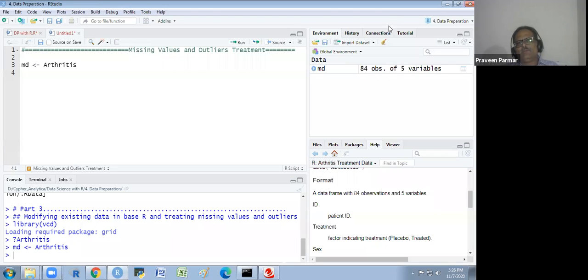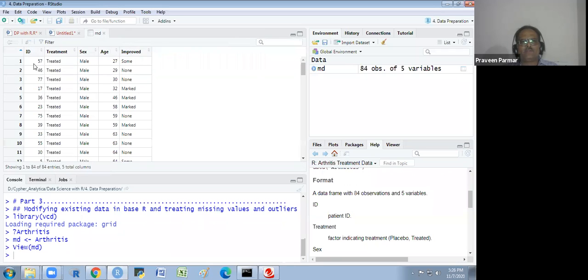So you see now it is here in the global environment, and we have this data set. The patient ID is here, and the treatment, the sex, age, and improvement.